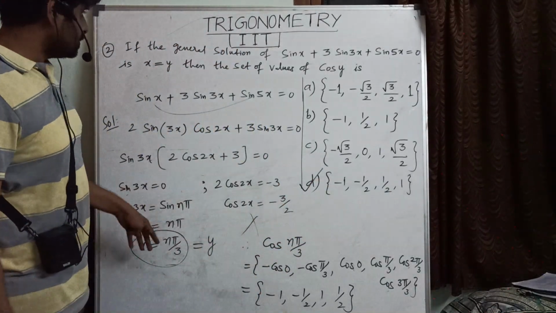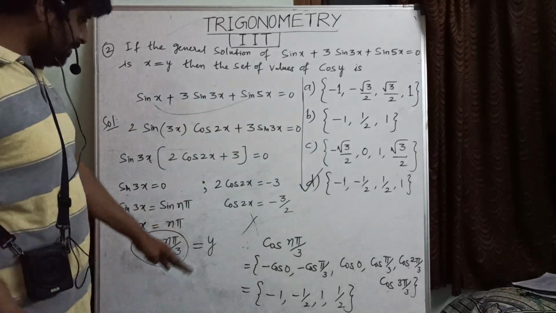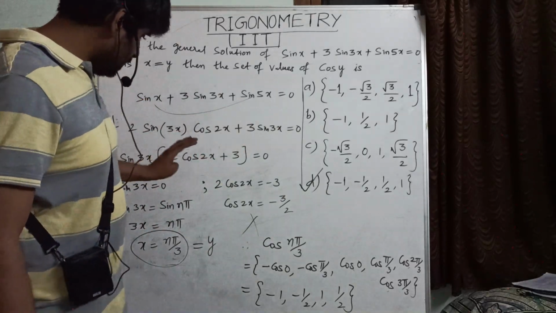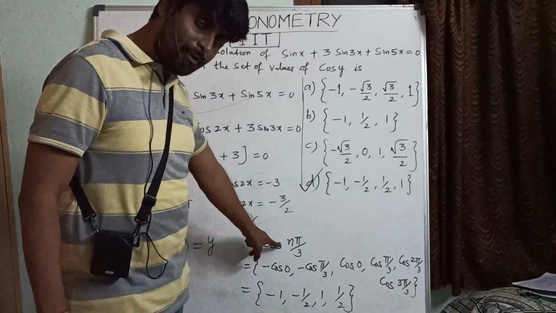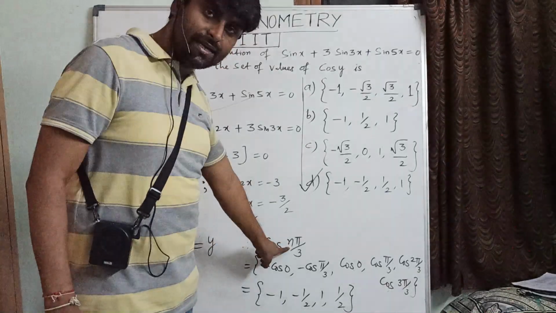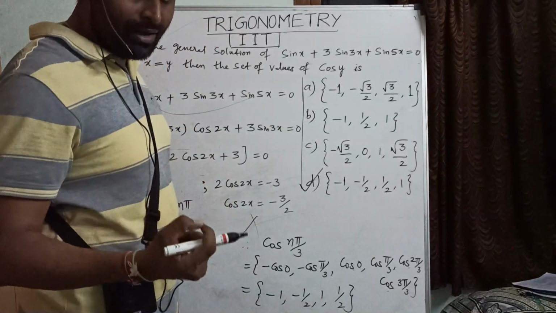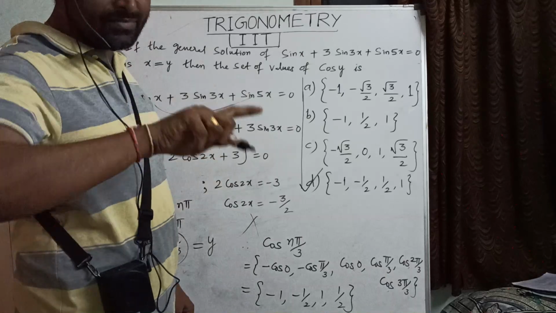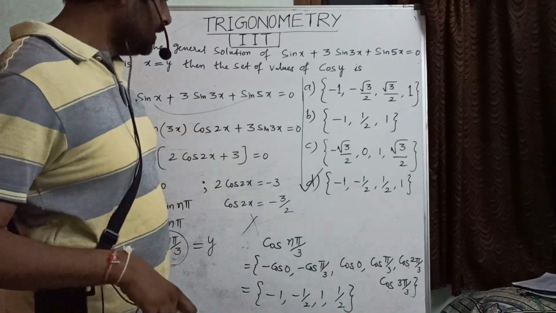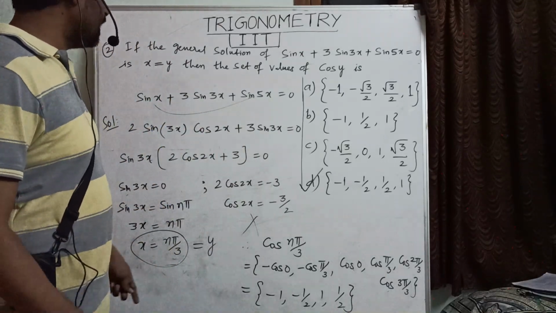Just by using the sin C plus sin D formula we are going to make it done. But here we have to substitute possible values in place of n, so that the cos domain should be taken from 0 to pi only. Okay, clear? Just have a look at that.